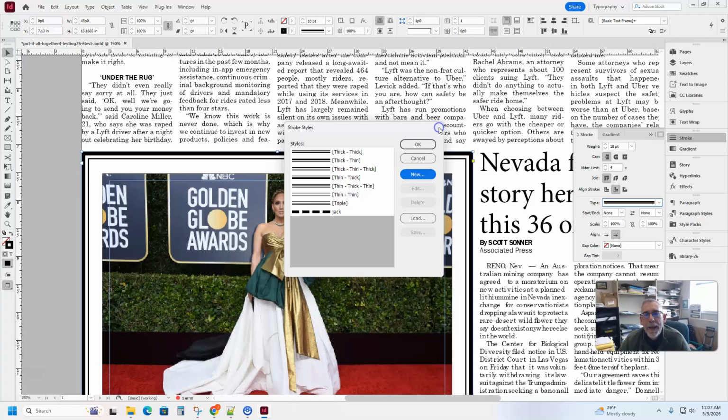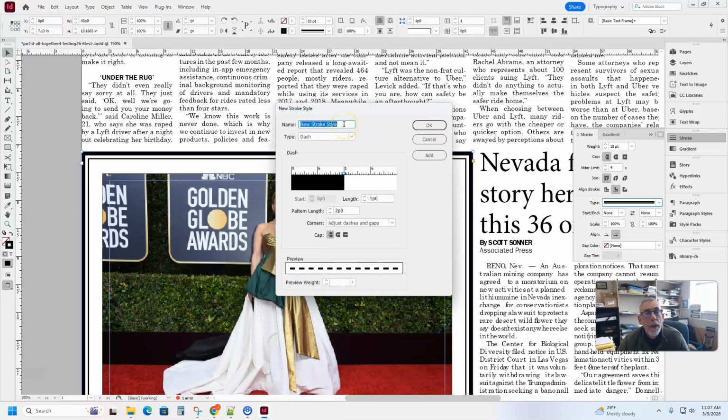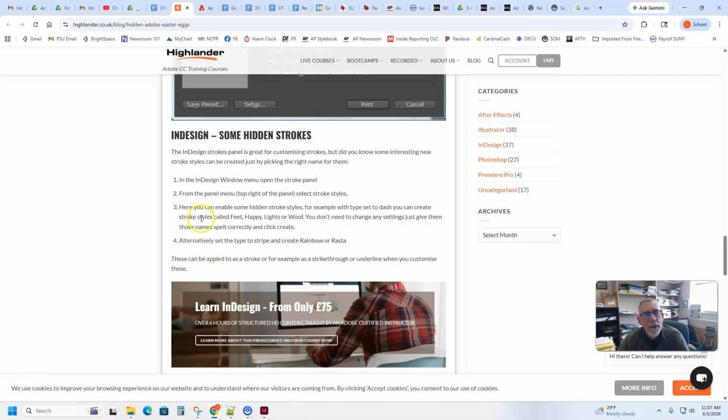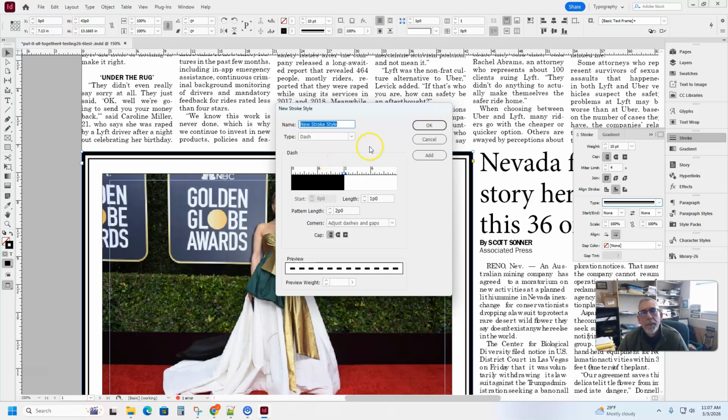And then I could say OK, and it would be there as a type to choose, and I could choose that. I guess you could do that for the exercise, but it'd be a lot more fun to click on New and type feet, for instance. Where am I getting this idea of typing feet? In the handout, there's a link to the Easter eggs, and this is what it says. You type feet, happy, lights, or woof to create the special Easter egg styles, or go to stripe and create rainbow or rasta. So I'm here in dash, and I'm going to type feet